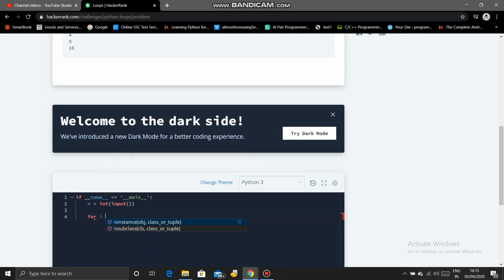For i in range 0 to 5, print i square. For i square we will do i star star 2, that is i square here. Okay,